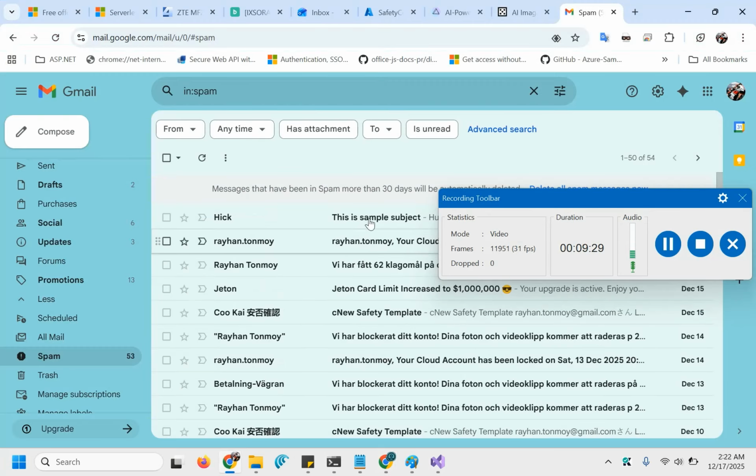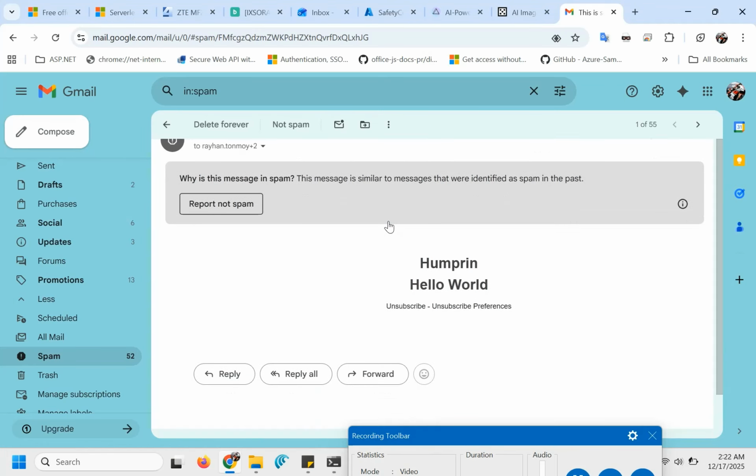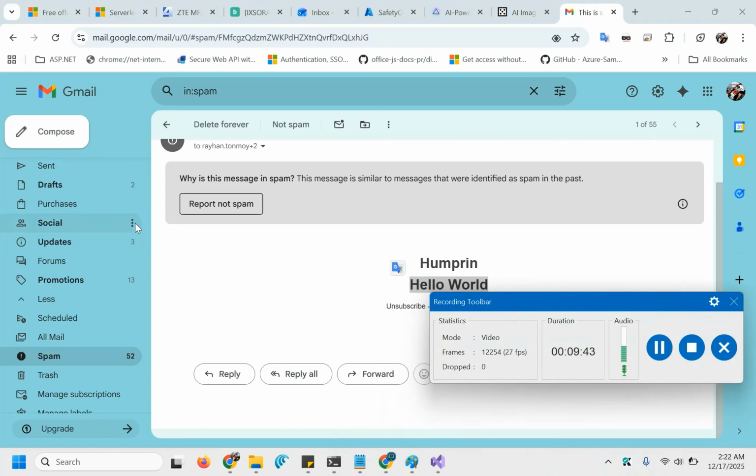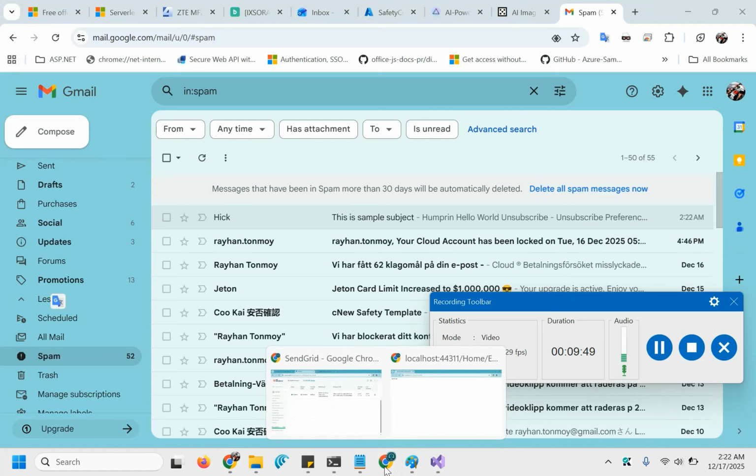And let me come here, and you can see this is the inbox where I got the email with the username replaced, and the HTML value has also been replaced, and the email is delivered. Although it came into my spam box, that's a different thing.